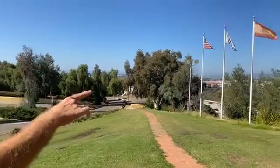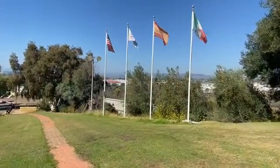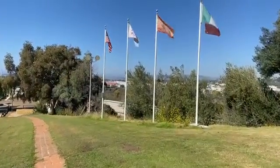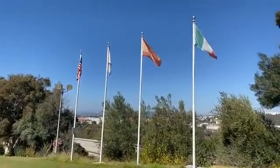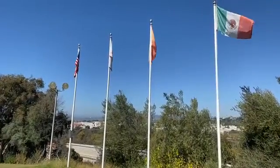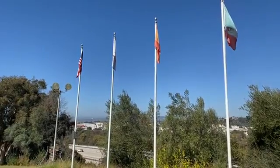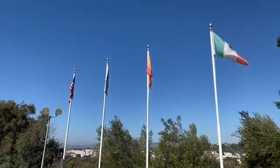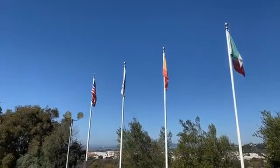I wanted to mention the flags right here. These are the flags, of course, of the countries that have contributed to the settlement of San Diego. This first flag is the flag of Mexico, and then you've got the flag of Spain, and then you've got the Kumeyaay flag, Kumeyaay Nation, and then, of course, the United States flag. And we're going to talk a little bit more about the different periods of history in San Diego. Let's make our way over this way